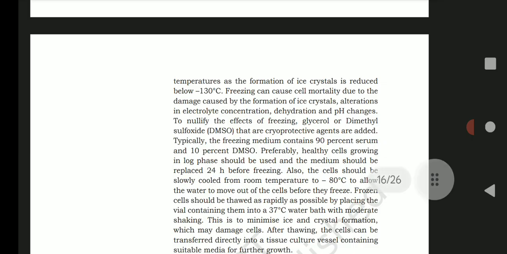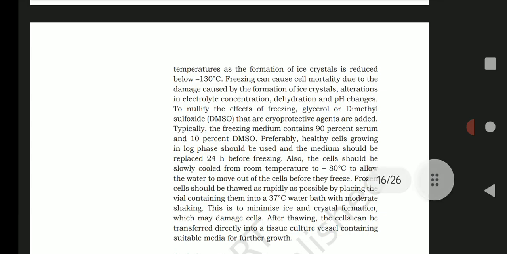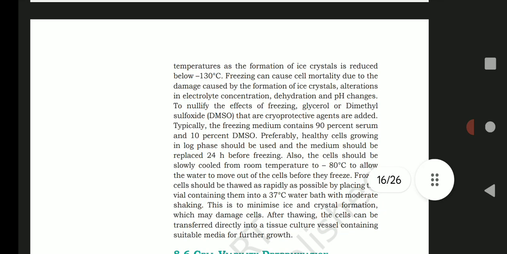The freezing of the cells can cause mortality due to the damage caused by the formation of ice crystals. So we have to thaw the cells further, and in order to prevent the ice crystallization of the cells under liquid nitrogen at very low temperature, we are adding an additional compound. We call it dimethyl sulfoxide or